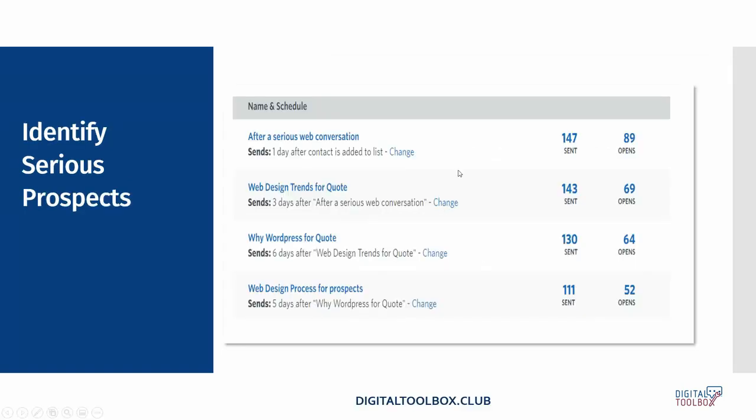Here are those 4 emails, and now you can see how many were sent and how many were opened. And you can see there starts to be a fall off. And you might also notice that between here and here, I lose about 30 people. Well, what happened? Well, some of them bought, so I took them out of the sequence. Some of them unsubscribed. Totally cool. They're not interested. But there were still 52 people who, when I got down here, had opened all 4 emails. Well, if I needed to make phone calls, who do you think I started dialing first? Well, it was these people.